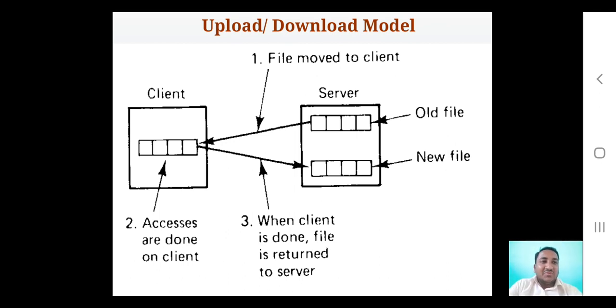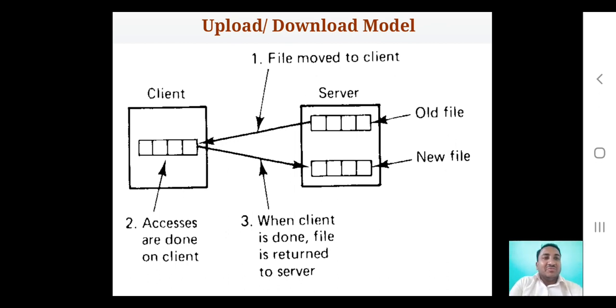where the client has its local storage structure. He will have its local memory. He will have secondary storage devices installed in his local space. So he will request a file from the file service. The file server will provide that particular file to the client. The client will modify that file in the local space. After modification, he will resubmit the same file to the server. So the old file will be replaced by the new file that has been modified by the user in